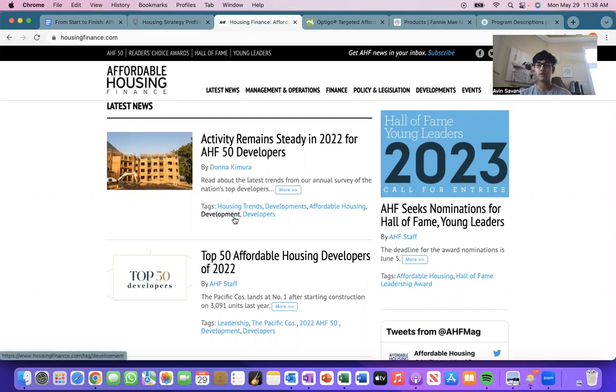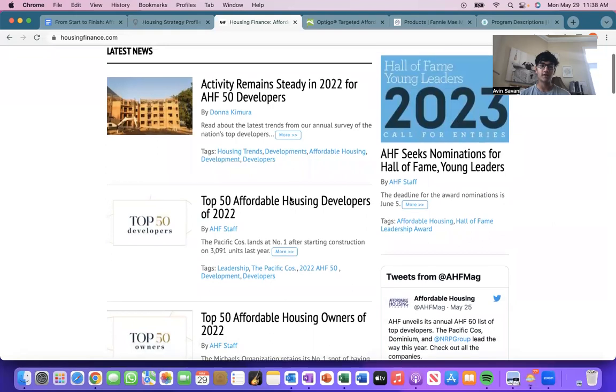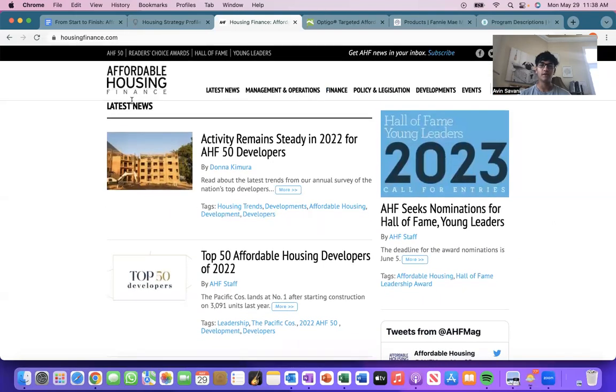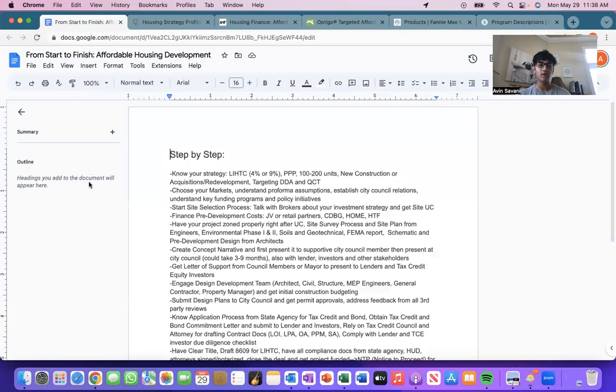Affordable Housing Finance pretty much covers all of that news. So it's fantastic. It pretty much overviews the policy and legislation, the financing programs associated with affordable housing, as well as companies' management and operational plans associated with the projects. So yeah, highly recommend checking that out. And that'll give you a good jumpstart into becoming more knowledgeable in the affordable